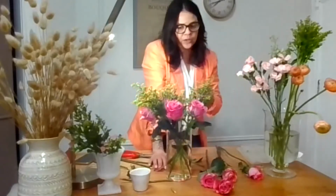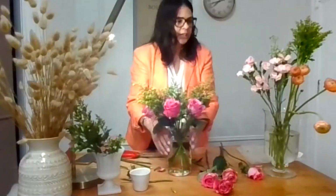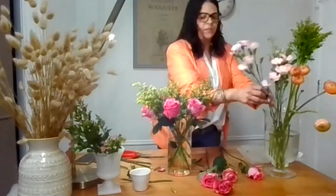So my style of arranging is really not so symmetrical. What I'm doing here is just giving you a base so you can start to put in all your other flowers. I like to do things a little asymmetrical, but that's up to you. You might want it to be all the same size, so you'll cut all the flowers the same size. You can cut them higher, you can cut them shorter. It's really your taste. Okay, so now I'm going to go in